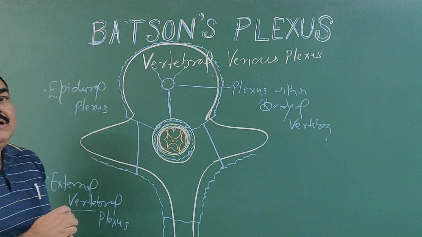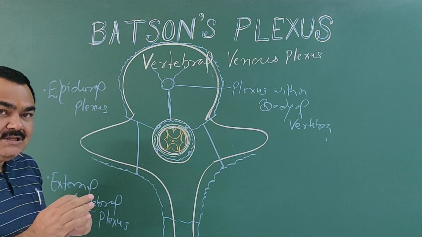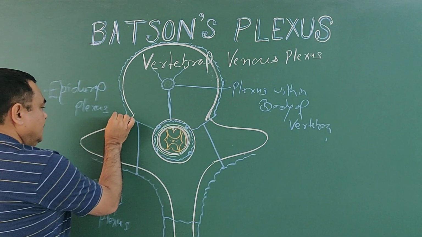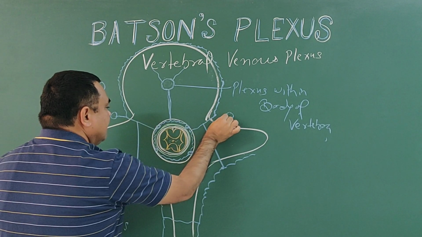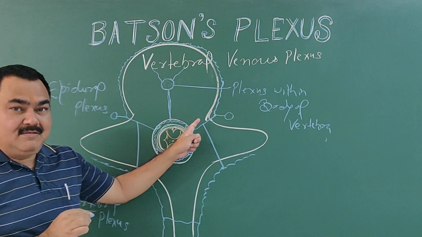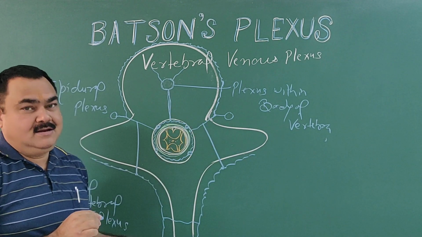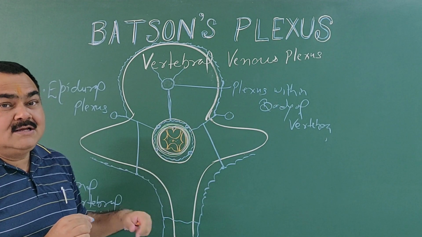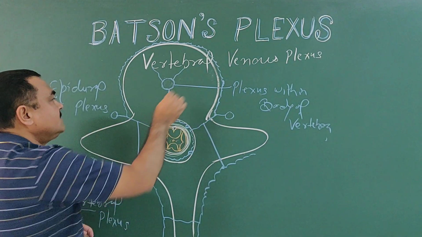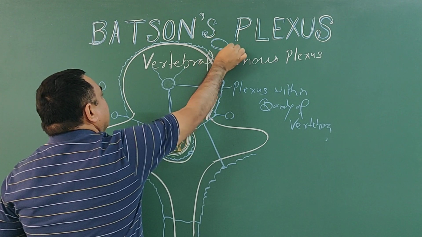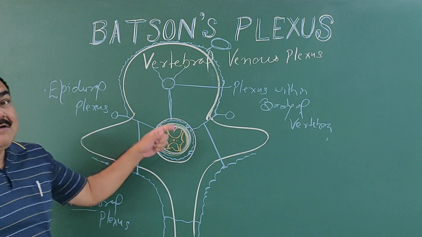And also these venous sets are connected with other veins. So these are segmental veins. It is connected with this segmental vein. This segmental vein may be, in the thoracic region, the posterior intercostal vein, in the lumbar region, the lumbar vein, and in the sacral region, the sacral vein. These are the segmental veins. And also there is the position of the inferior vena cava. So it may be connected with the inferior vena cava, or with the caval system.